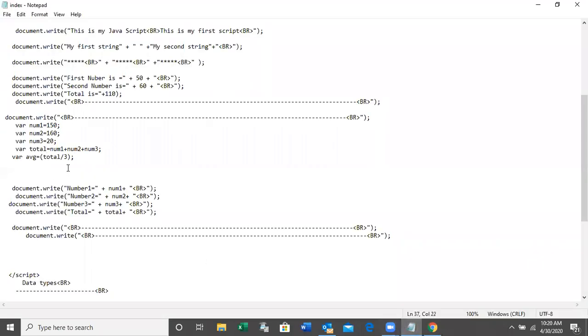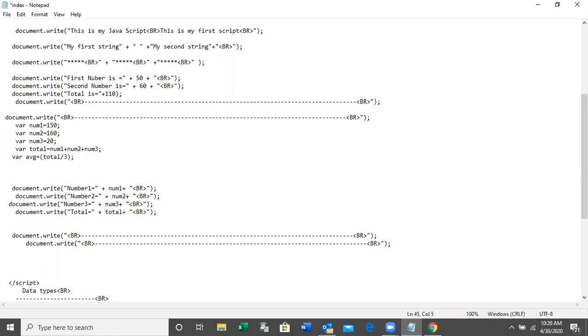See the average now. Right. I didn't display it, right? I just did the calculation here. If you want to display, you have to use document.write. So document.write, average is equal to, average is equal to avg.